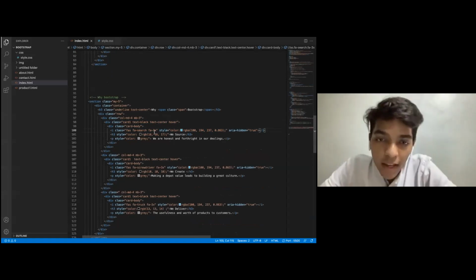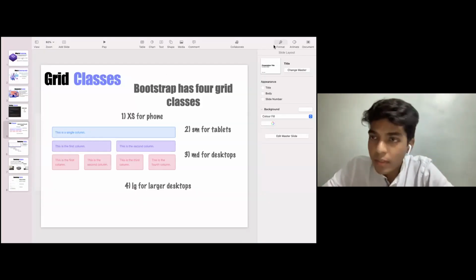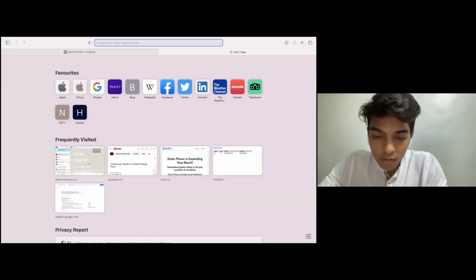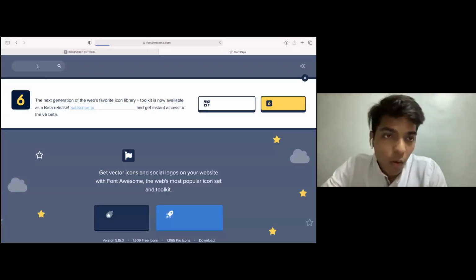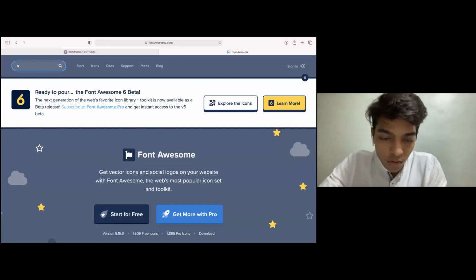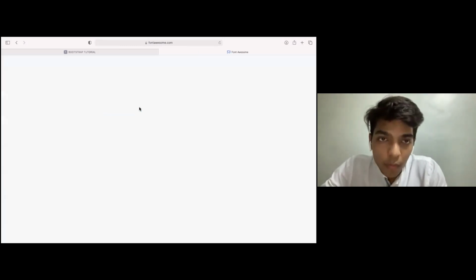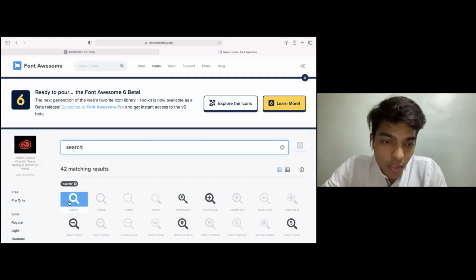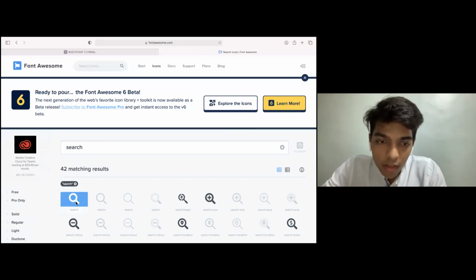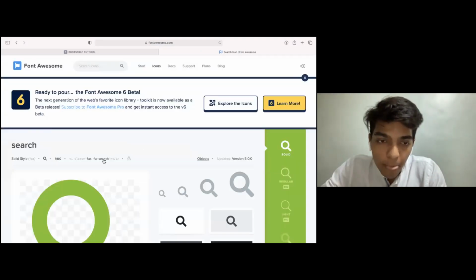For the Font Awesome icon, I just have to go to the site of Font Awesome, and search for search, and it would display you with a search icon. Click on search here and copy this.